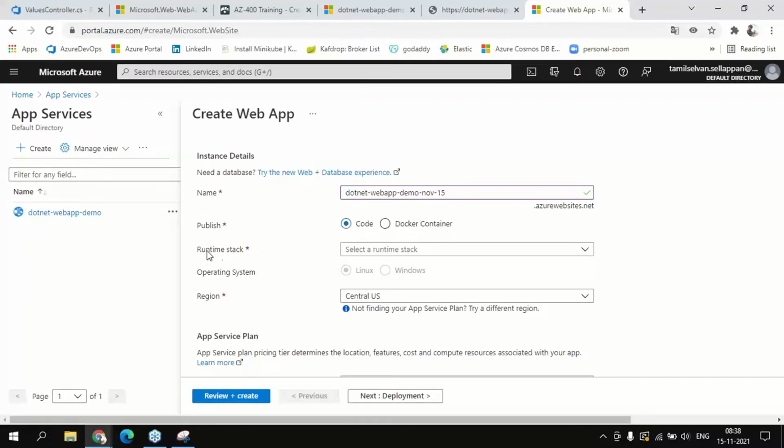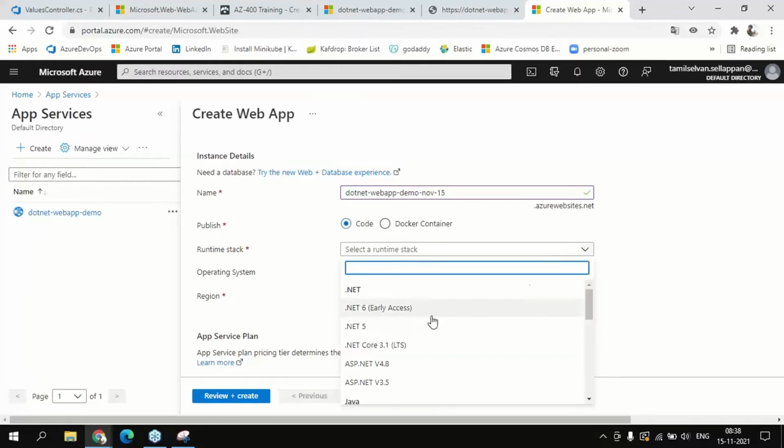Then here we have to provide the runtime stack. There are many options, for example Ruby, Python, PHP, Node, Java, and .NET. Here I can choose the application stack. For example, if I am developing an application using Java 11, I have to choose Java 11, so that within that Azure App Service